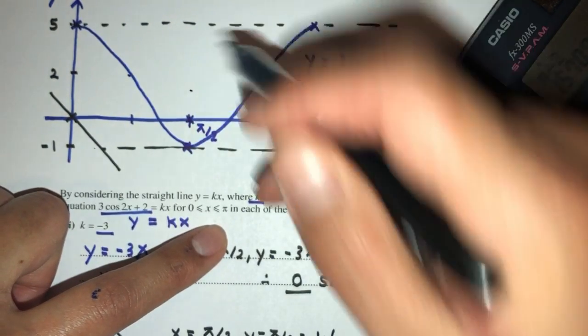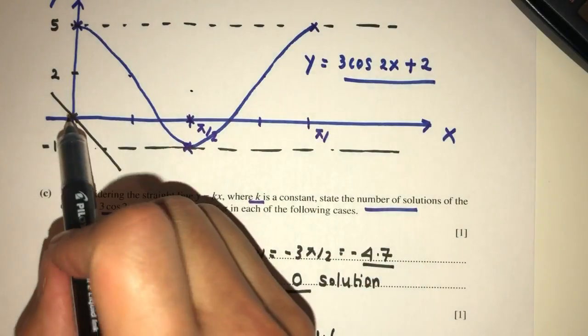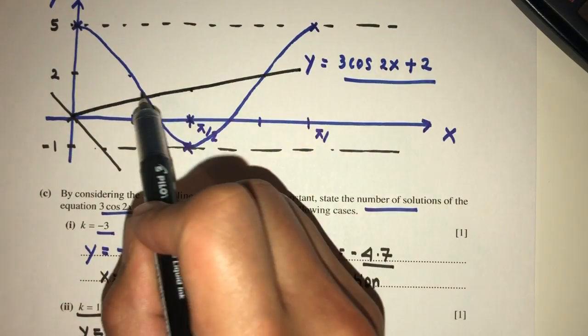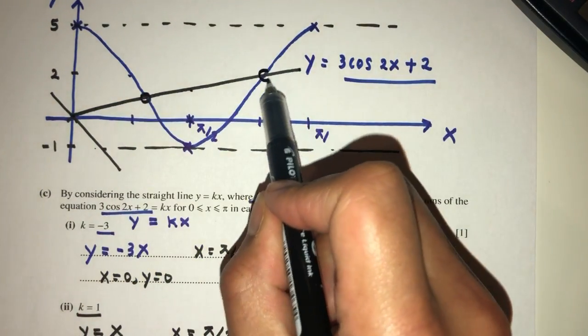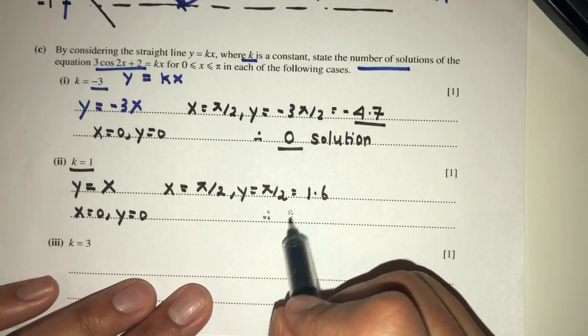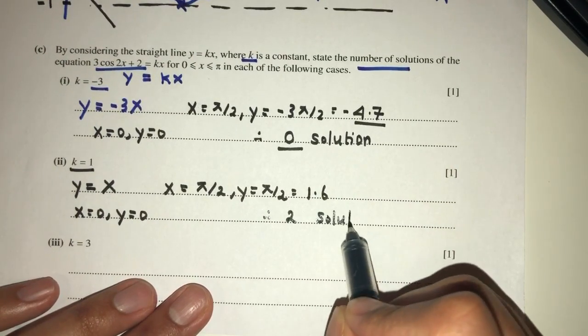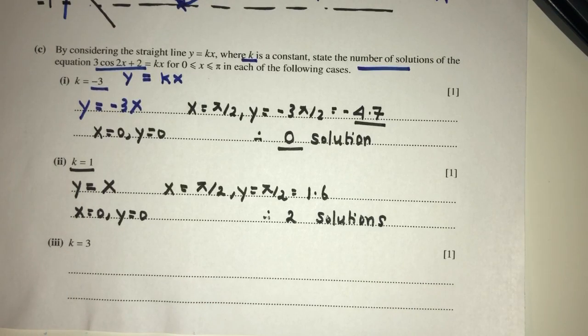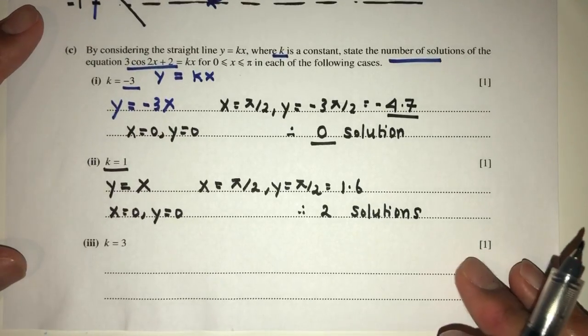over here by approximation. Now if you want to join these two, as you can see, they will meet the curve at 2 points. So we can write down they would have 2 solutions. So I'm doing this for you to understand what is happening and what answer can you have for